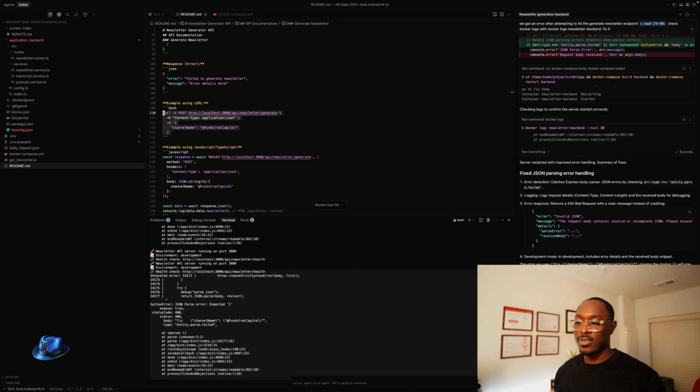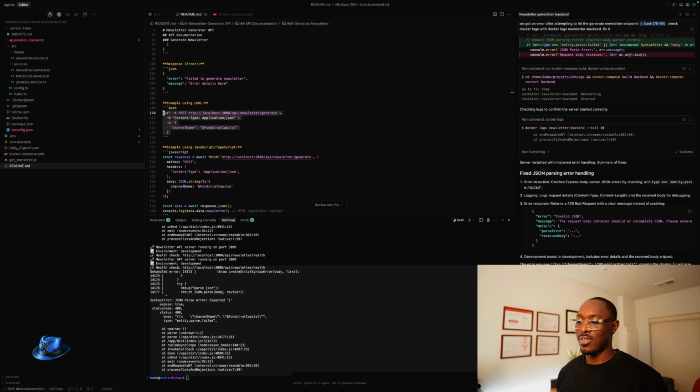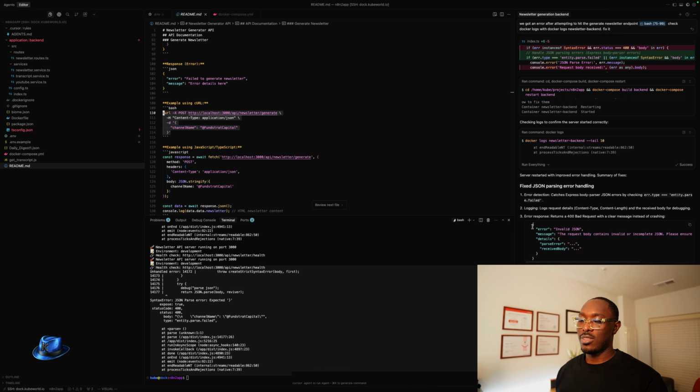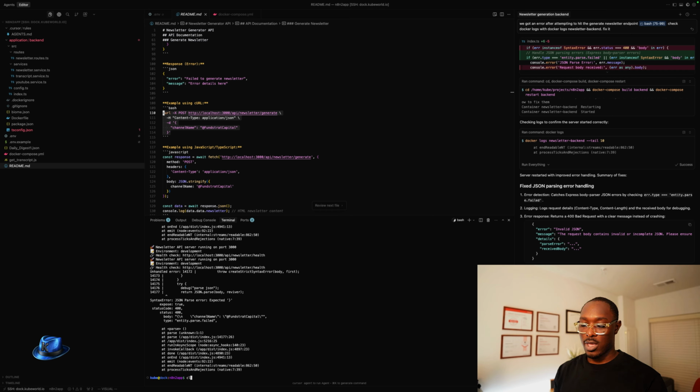Okay, so I asked it to fix the error, but instead of fixing the error, it just made the error response a lot more robust, and it made it so when we have an error, it gives us more detail. So this is when that Claude Code subscription I mentioned will come into play, because it seems like in Cursor, the free tier, the agents they use in the auto mode isn't as smart. So we're gonna use Claude and Opus to see if we can get this fixed. So I'm just gonna run Claude,